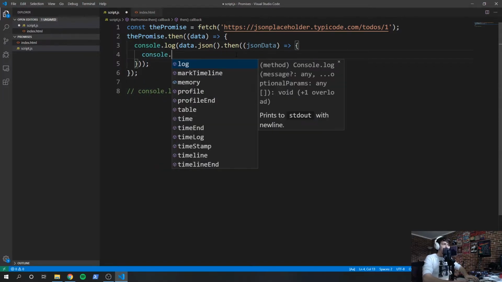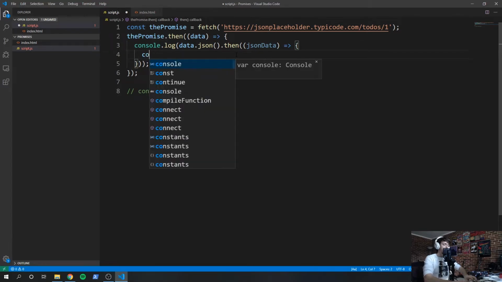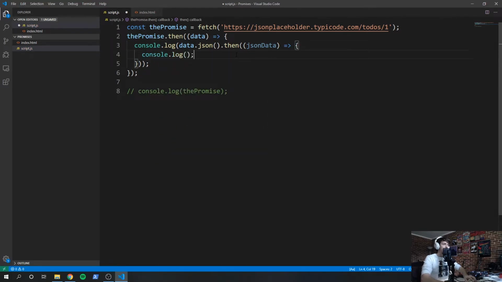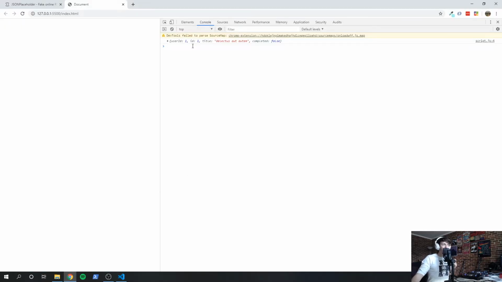So now let's just say console.log JSON data. I've got this console.log statement going on out here, and I'm going to get rid of that because we don't want to log the promise itself anymore. We just want to log the result of the JSON data. So this is what I'm going to run here. When I go inside of here, you can see now it's actually logging the parsed JSON data